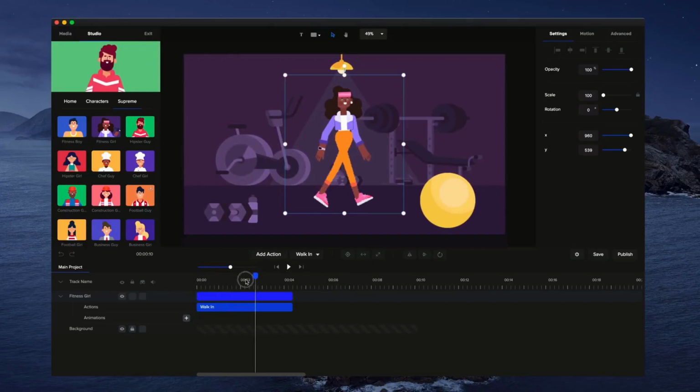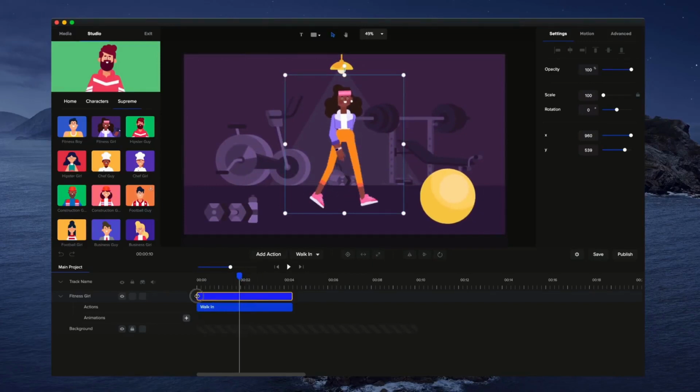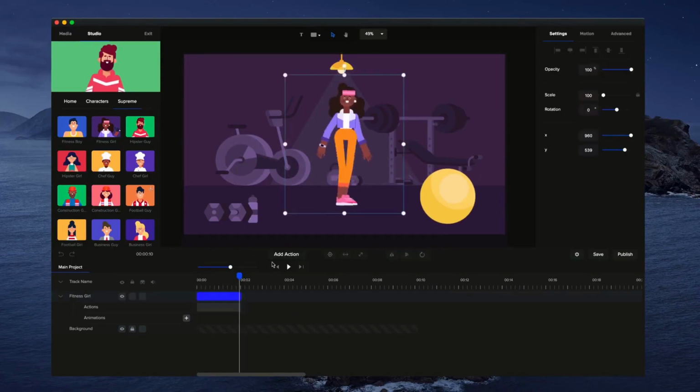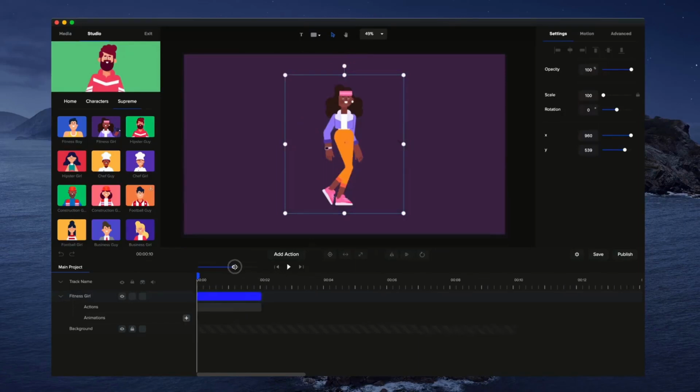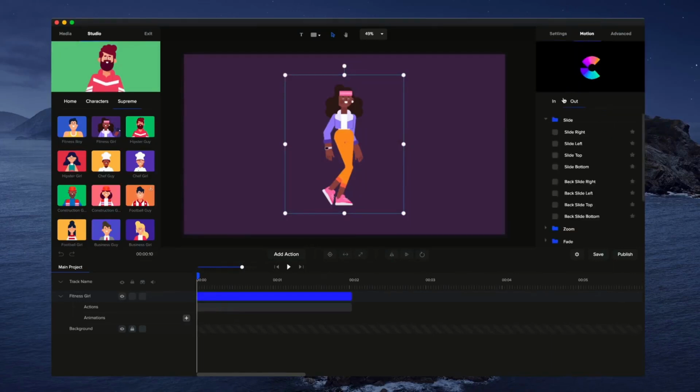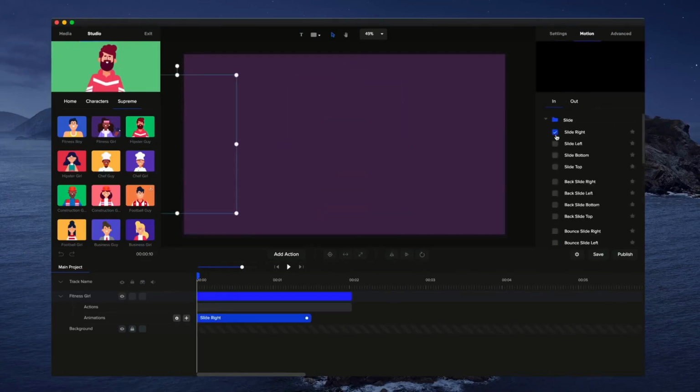but we also want her to move while she's walking. So to do that, I'm first going to crop this action and make it about 2 seconds long, because it's quite a long walking sequence and I want it to appear a bit faster. I'm going to zoom in a bit closer into the timeline so you can see it a bit better. Now on the right hand panel I'll click on motion and go to in and slide right. Okay, and if I drag this up a bit to make it a bit longer, I'm also going to right click and disable fade so that she appears as she's walking. And if I just preview this,